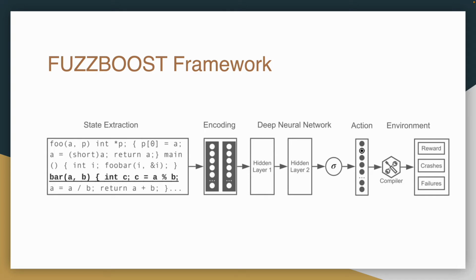Our training objective of the deep neural network is to maximize the feedback rewards designed according to our fuzzing purpose. To simplify that, we collect the compilation log to analyze it, and if the seed program can cover new code or trigger some abnormal crashes, we will give the model a positive reward. Otherwise, we will give it a negative reward.